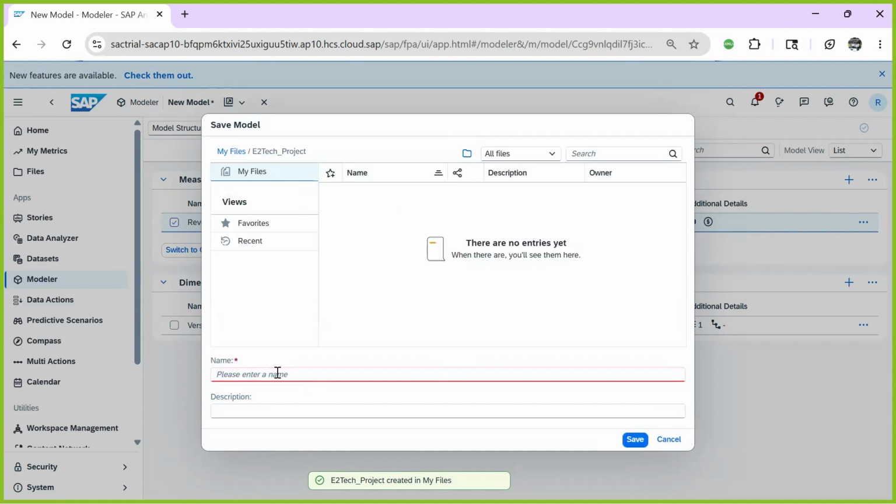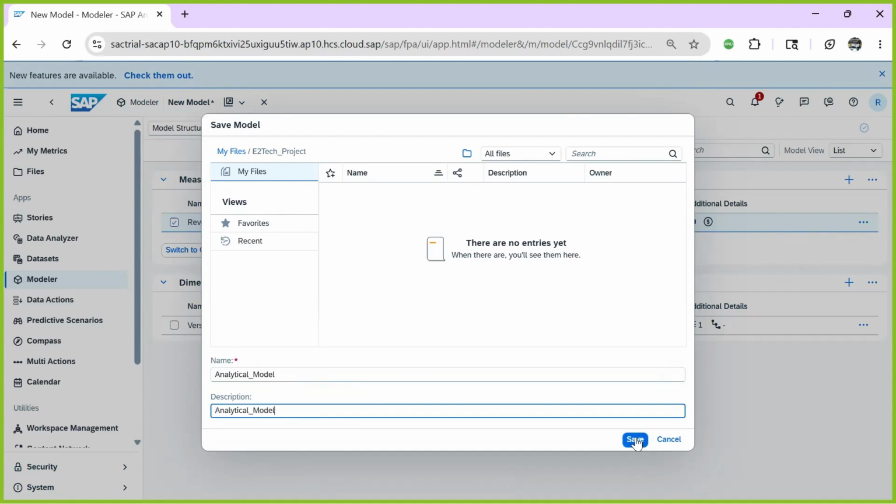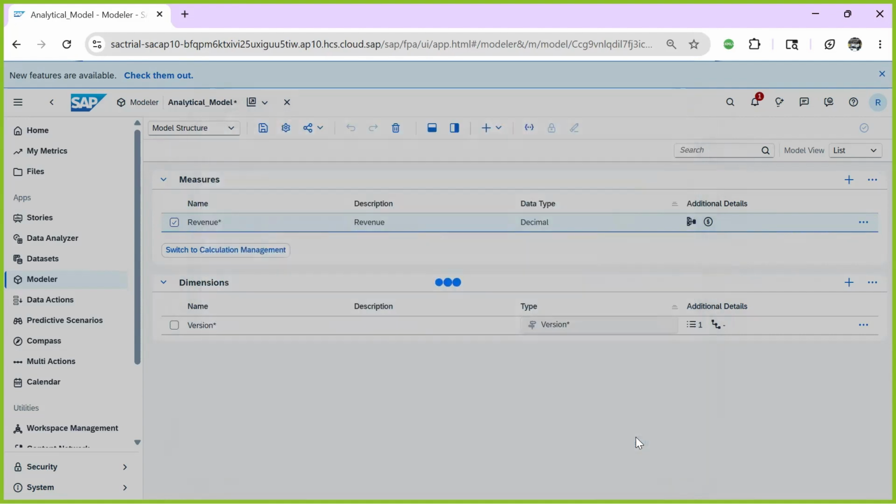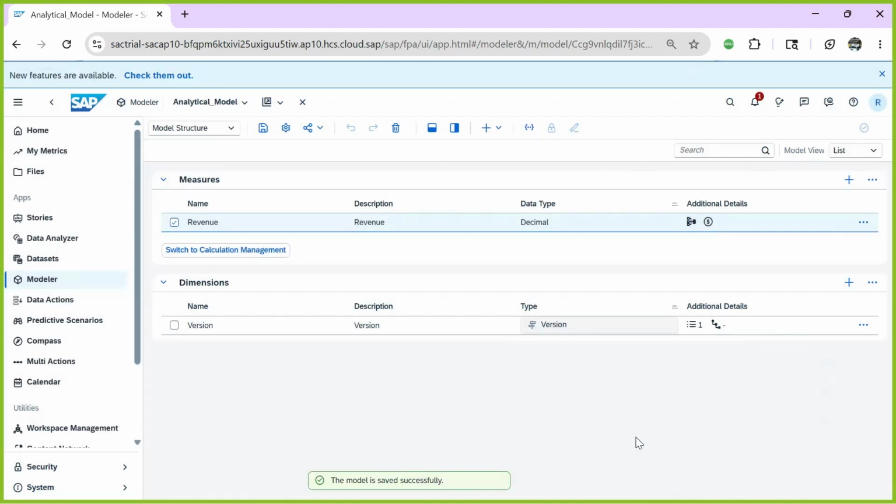And within this folder, I'll name this analytical model, and click on save. So you take the version dimension, and a minimum of one measure is required for creating your model. As this is an analytical model,